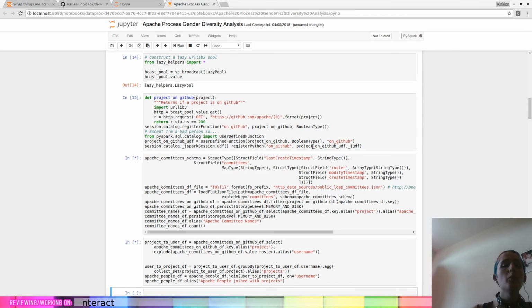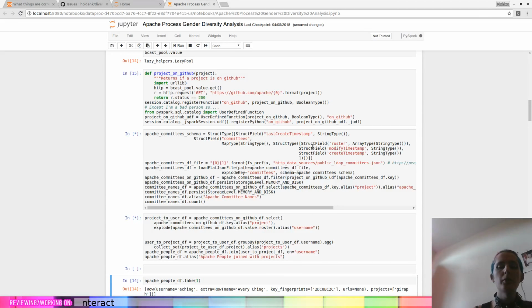And so I think one of the things which would be really interesting to see is if the makeup of the PMC group or the committer group is reflected in the makeup of the contributors, right? Since in theory, the committers come from the contributors, and it's a pipeline. It would be interesting to see if there are drop-offs in that pipeline where we lose certain amounts of diversity.